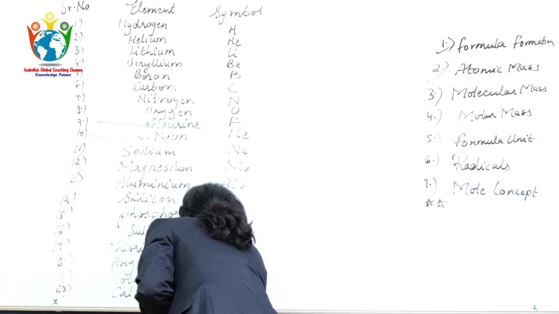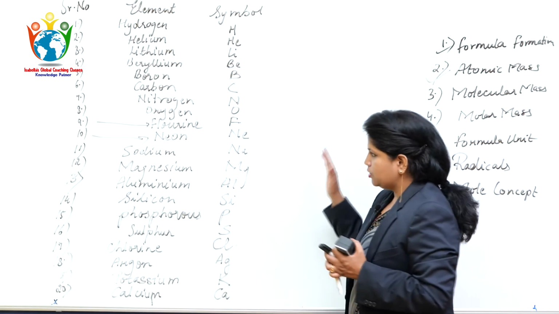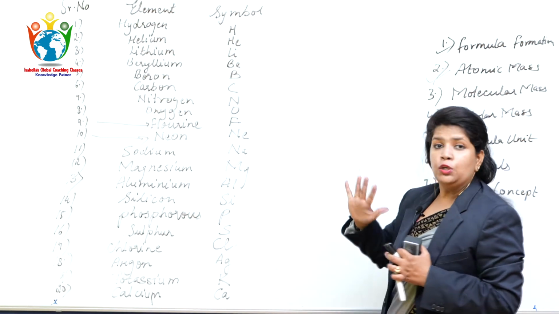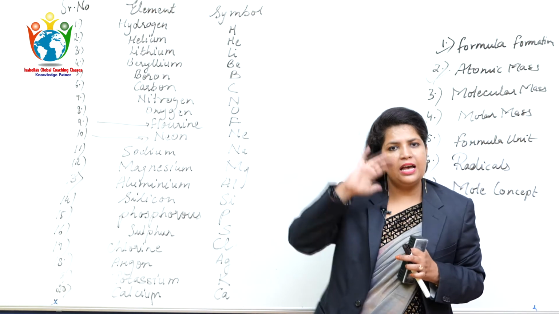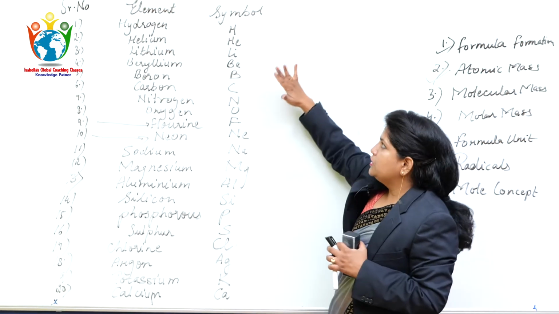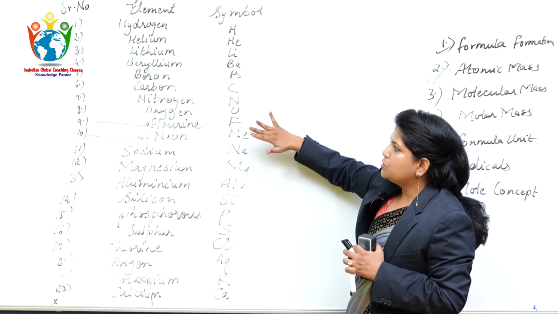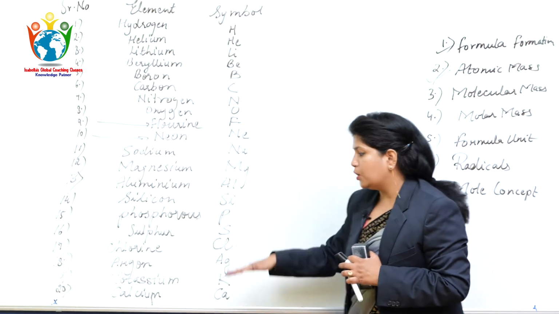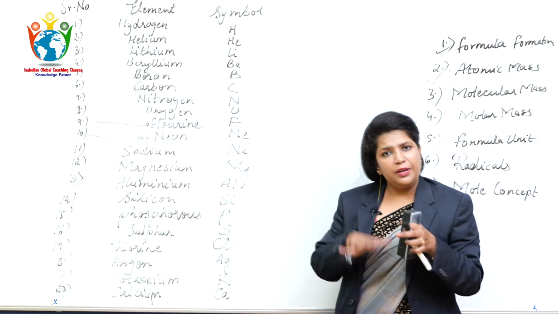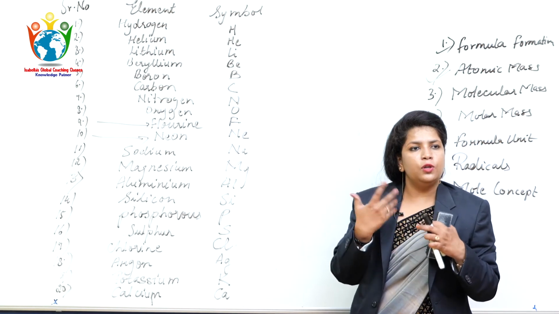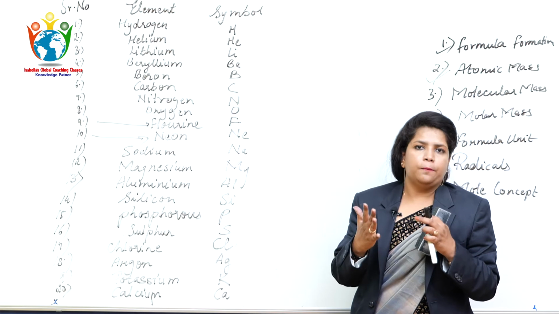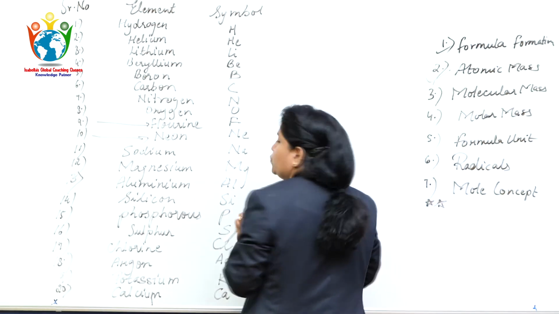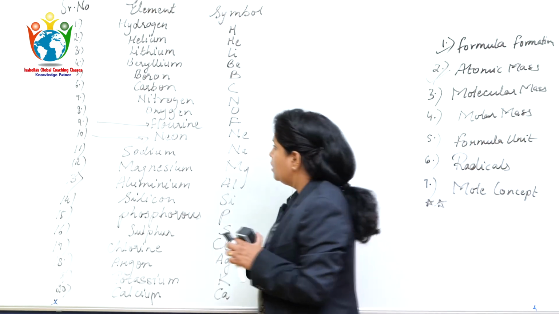Calcium is Ca. Okay. Now you can see on the board very nicely I have written all the 20 elements. You need to learn sequentially as I have already taught you. Hydrogen, helium, lithium, beryllium, boron, carbon, nitrogen, oxygen, fluorine, neon, sodium, magnesium, aluminium, silicon, phosphorus, sulfur, chlorine, argon, potassium and calcium. After that, in the 10th standard you have to learn till 30. But for today, as far as we are concerned with these topics, 20 is more than sufficient. Okay. I will rub this.